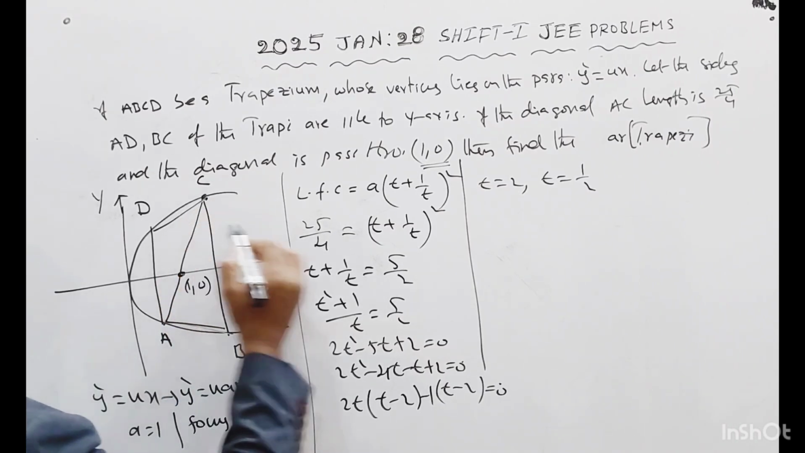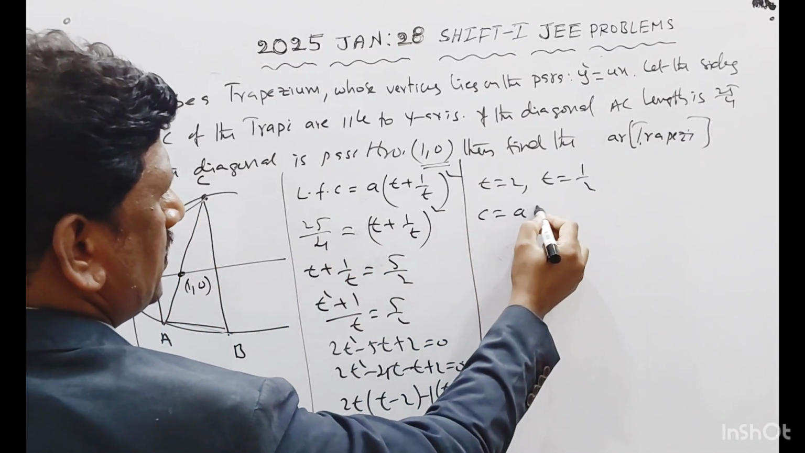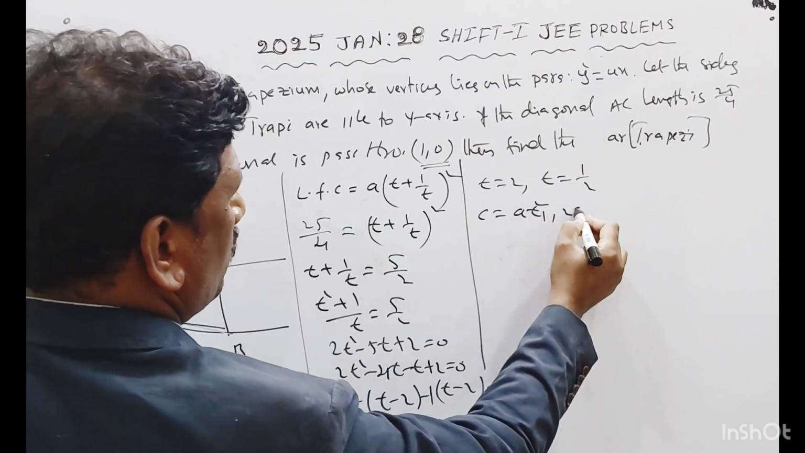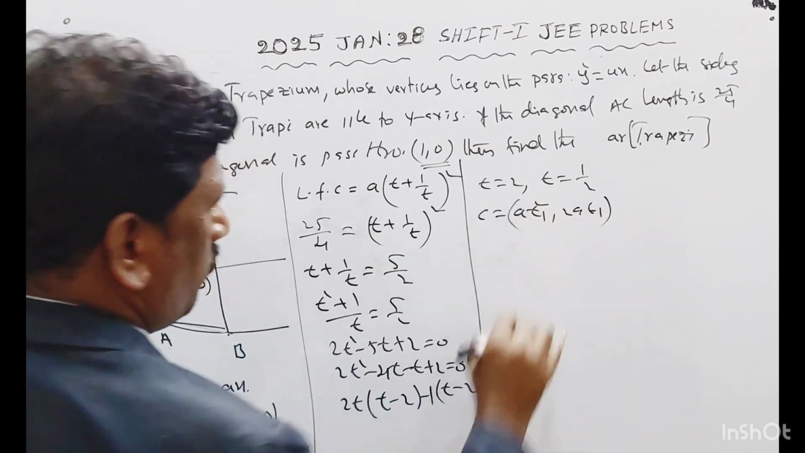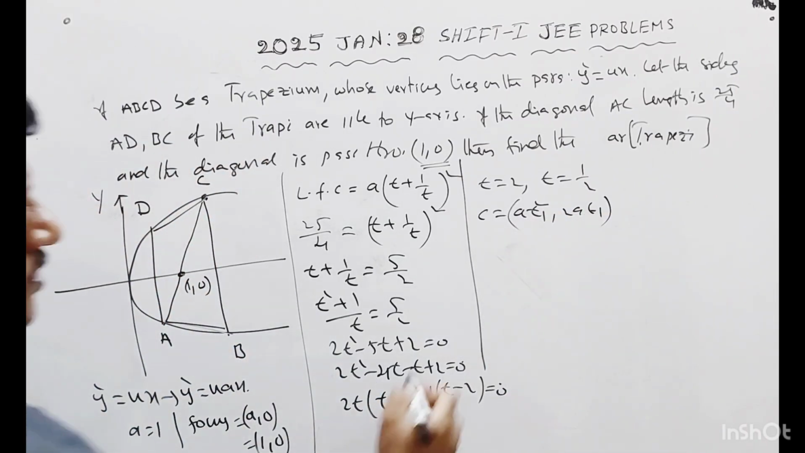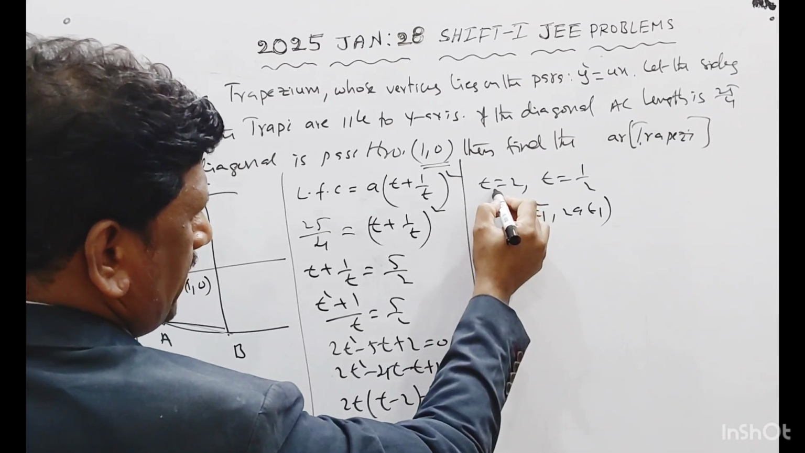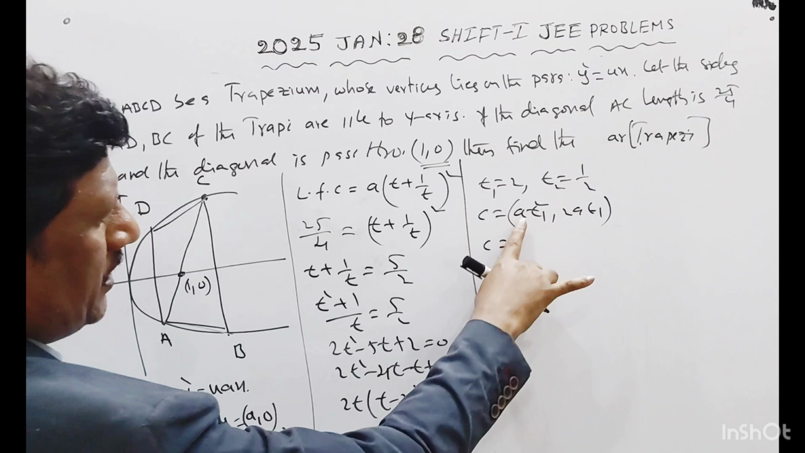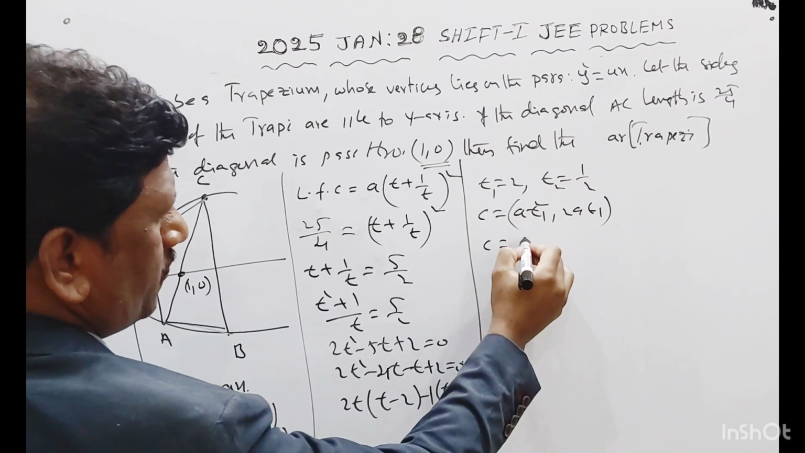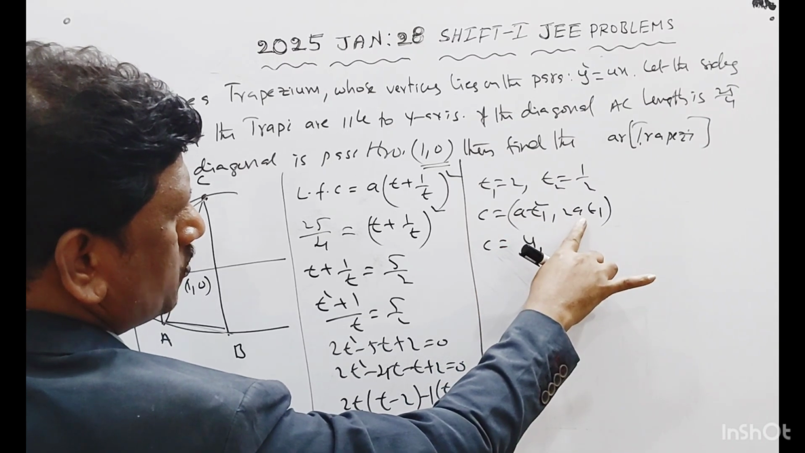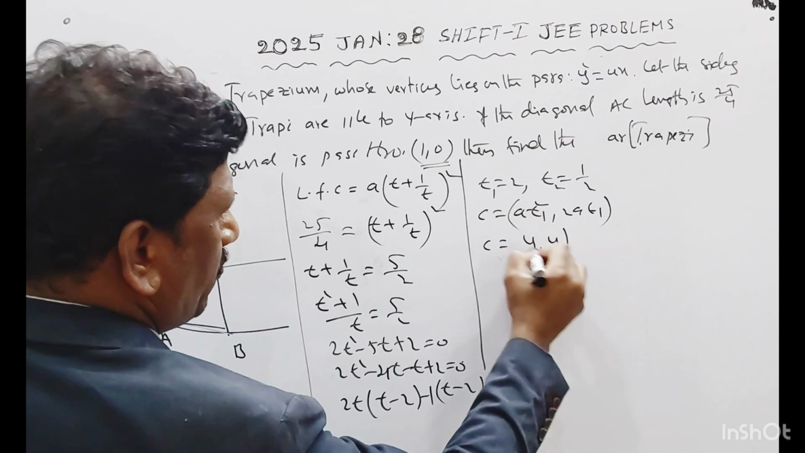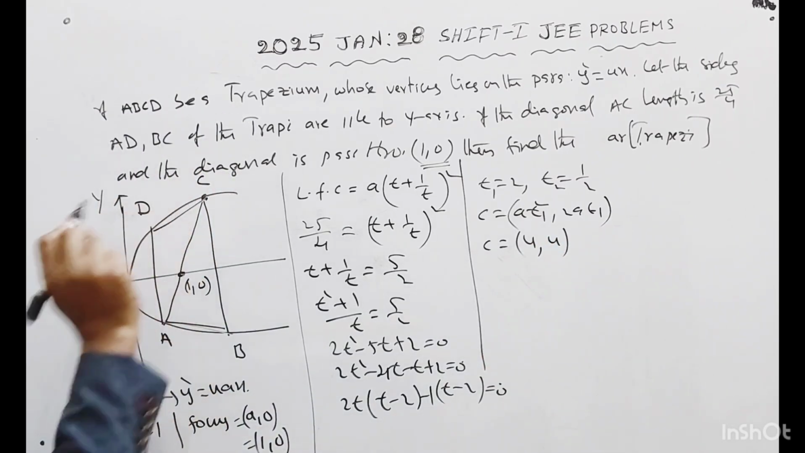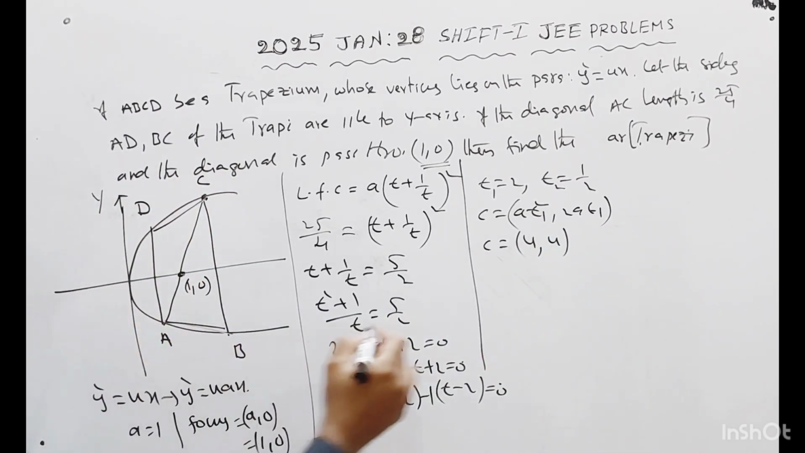I am taking point C as (at1 square, 2at1). Here you take these as t1 and t2. Then what is point C? a value is 1, so t1 square is 4, and 2 into 2 is 4. So the C point I got, the C vertex I got. Then the A vertex is